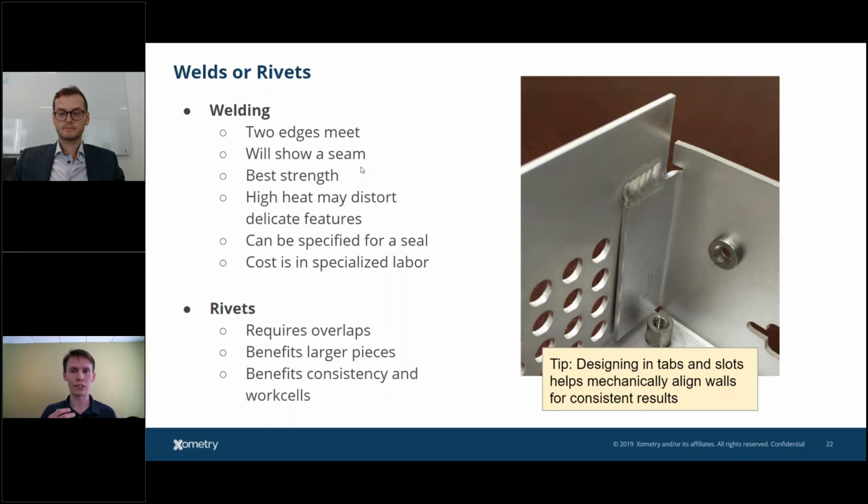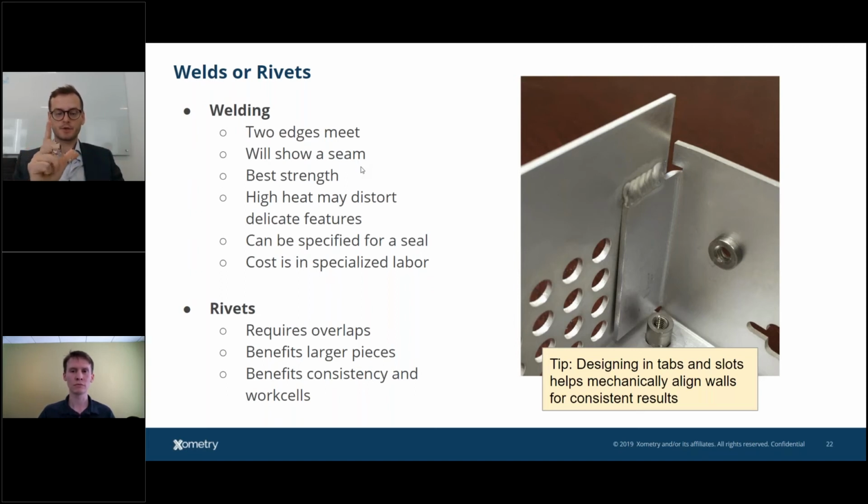So there are alternatives to welding as well, especially as you're scaling up and you find out that labor cost becomes some of the most expensive part of your project, and that's where I'm going to lean into rivets. Callye, can you give me some examples of where you've decided to go from weld to rivet on your projects? Yeah, so this tab or complex tabs like this where we fold in,